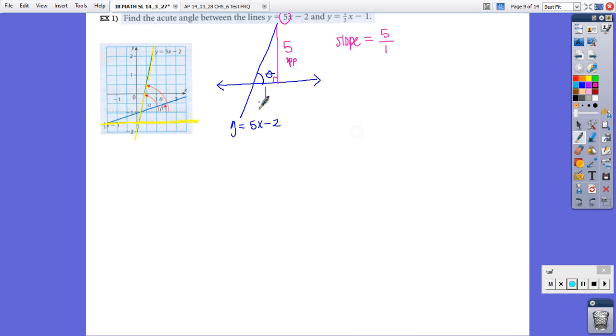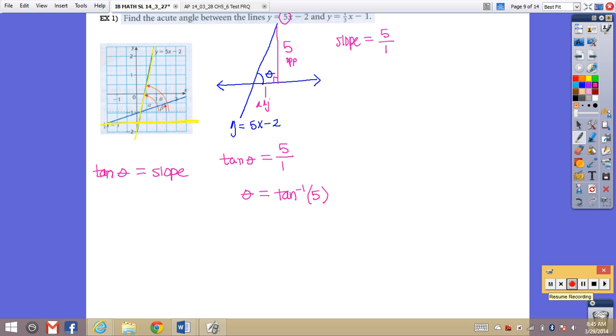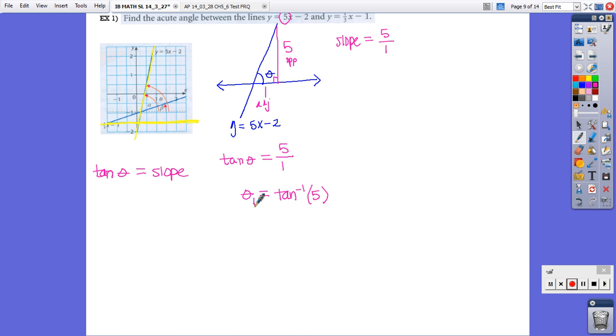opposite. This one's adjacent. So the tangent of the angle, see, is equal to opposite over adjacent. So what you start to notice is that the tangent of the angle is actually always equal to the slope, because we're going to always use that ratio. So to find the angle, you use your calculator and you do tangent inverse of 5. And I'm going to see if I have a calculator available to use. So I don't have a calculator set up on my computer, so here would have been the first angle, and